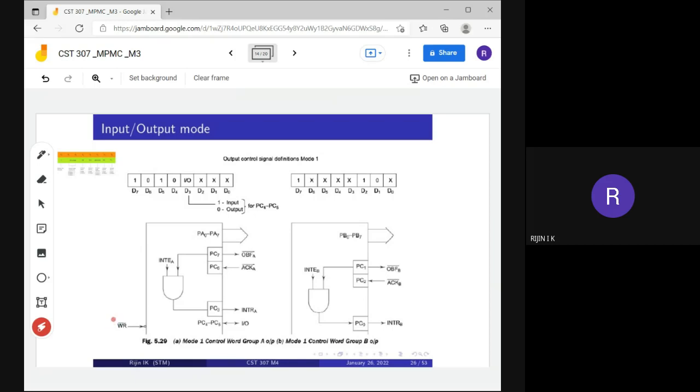So for that, first the processor will send a write signal to the 8255 IC, and the processor will load the corresponding data to this output port. After sending the write signal, the processor will load the corresponding data to the output buffer. Whenever the output buffer receives the write signal, then our 8255 IC